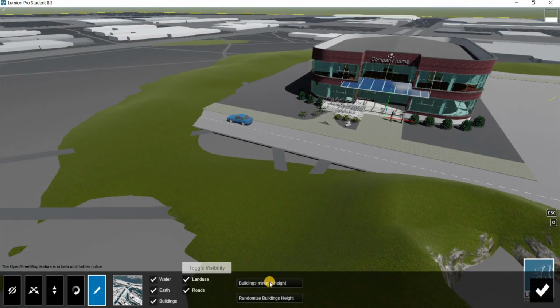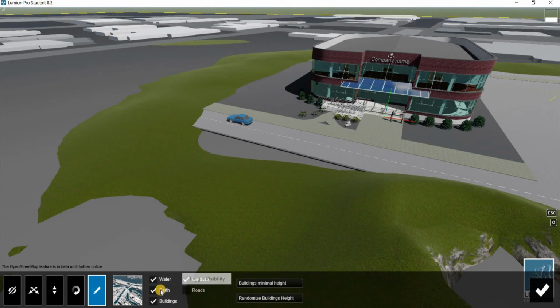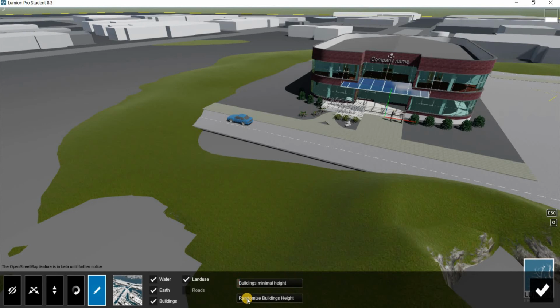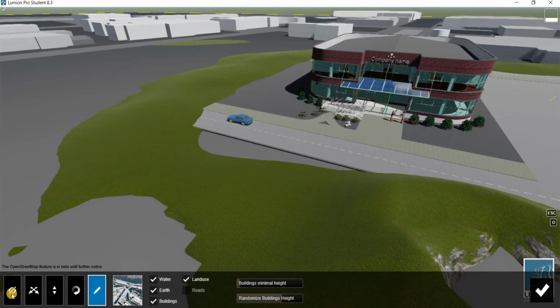Change appearance, you can change the... let me take out the roads. Okay, buildings, minimal height. Let's put more or less the size of our buildings, and we can make it a little bit random. Okay,